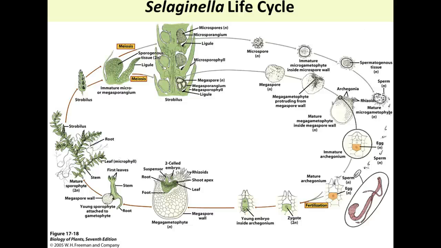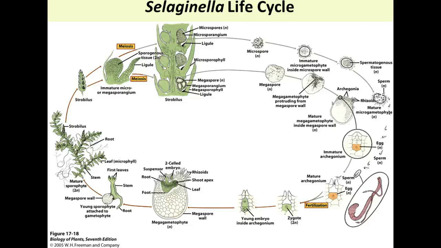And then our megaspores, we have a gametophyte protruding from that megaspore wall, and the archegonium is located on that megaspore that's going to become fertilized. And then we have what's called a megagametophyte. Okay, so that megagametophyte, that's essentially the female gametophyte, right? The male gametophyte, basically, all it did is produce sperm. That's it. So we have all the same structures here as we did before, but if you notice, you have